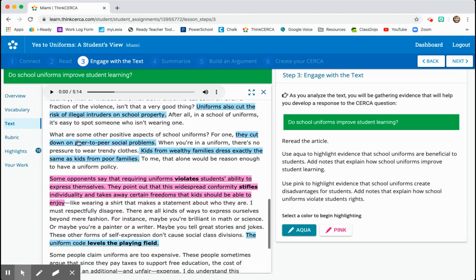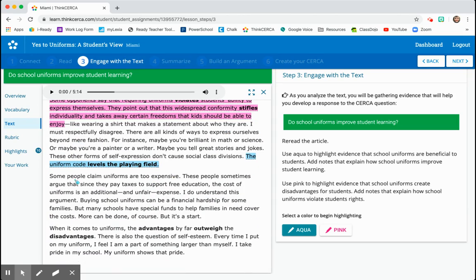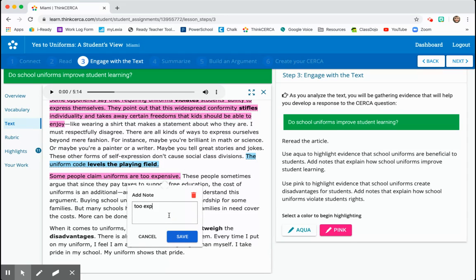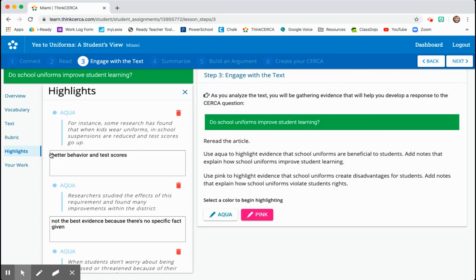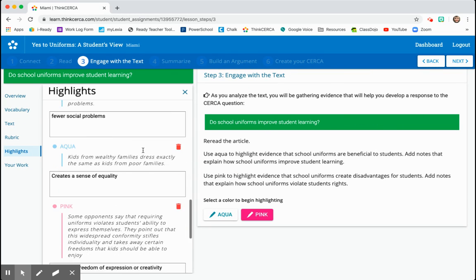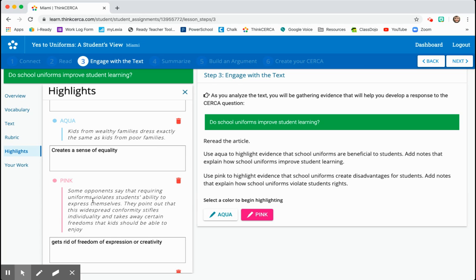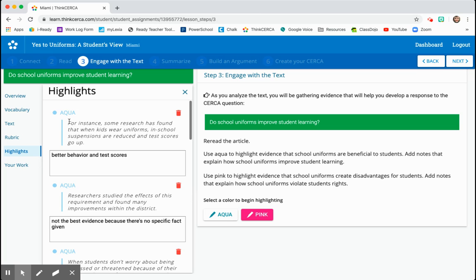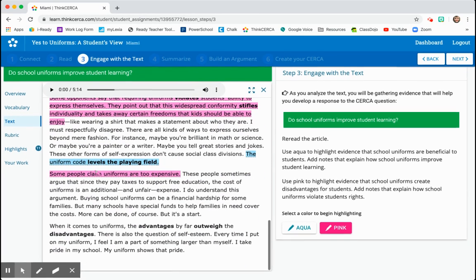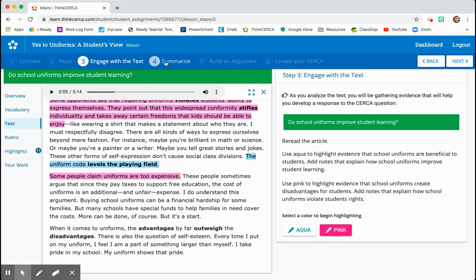Okay. Now, I would just finish this in terms of my highlighting. I would make sure that I have everything that I want to keep. And then my highlights will all show up over here. And again, they're color coded, so I know whether or not they are for or against school uniforms. And so I'll go back to the text, and it looks like I'm ready to go on to